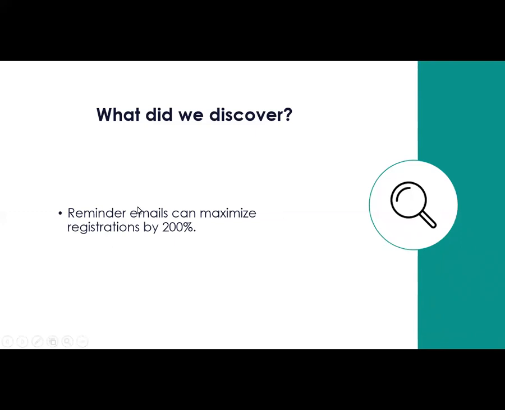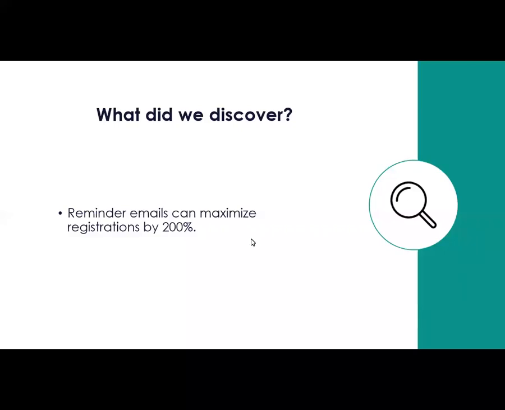And as I mentioned, we discovered that this formula may not be perfect, and there always can be room for improvement, but it does work really, really well for us. So well that I've always been able to pretty much hit my target goal for registrants each month, regardless of the topic or the speaker that we bring in, because I can always rely on a consistent amount of registrations due to this easy email formula. Things like topic and speaker can always fluctuate and differ in registration, but it is pretty reliable when it comes to the emails and the average number of registrations that I can expect to see.